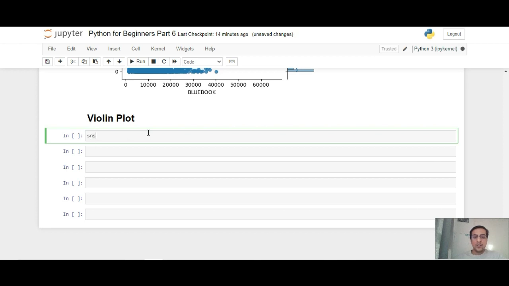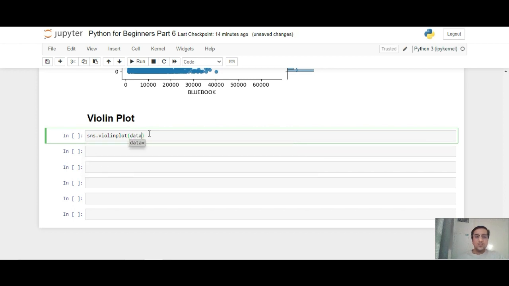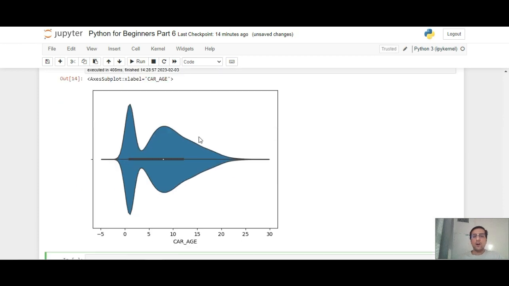So we can call the violin plot from the sns library. And here we call data is equal to df, and we call my x variable car age. So I wanted to see the car age distribution using a violin plot. As we do that, we see that it looks something like a box plot, but there are more insights out of